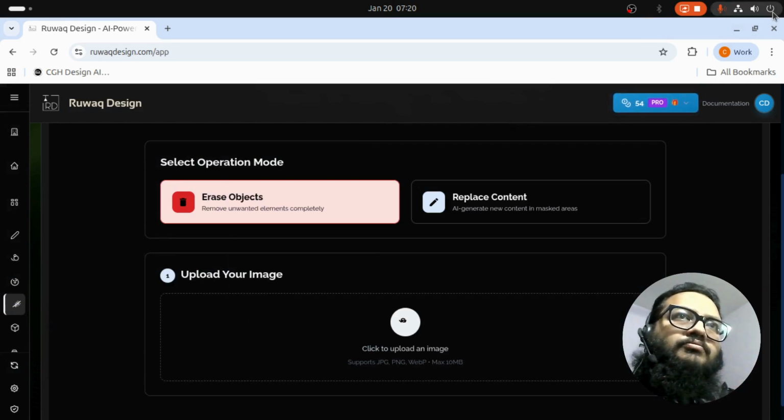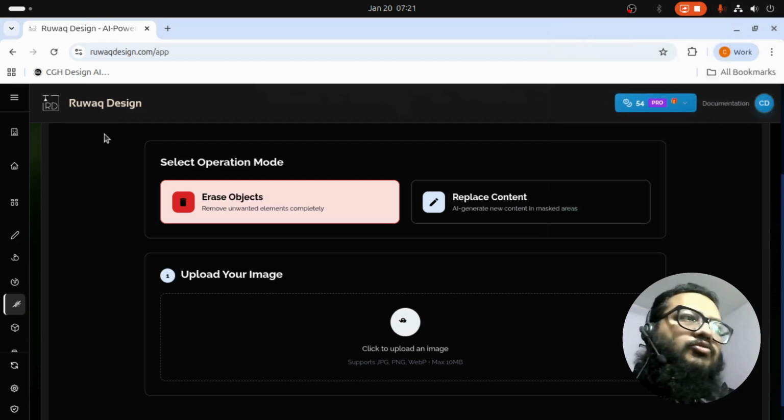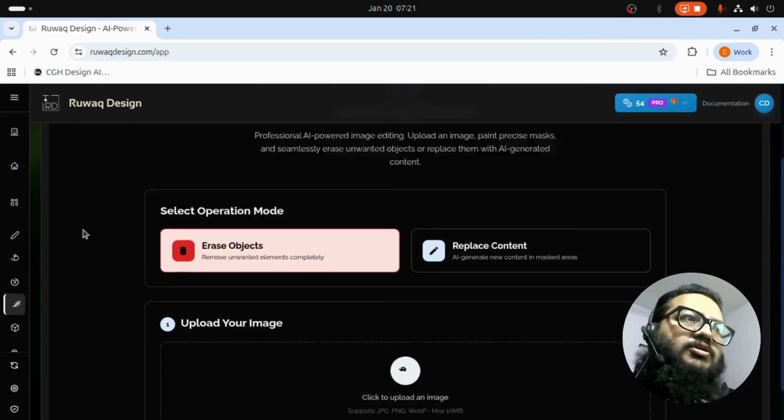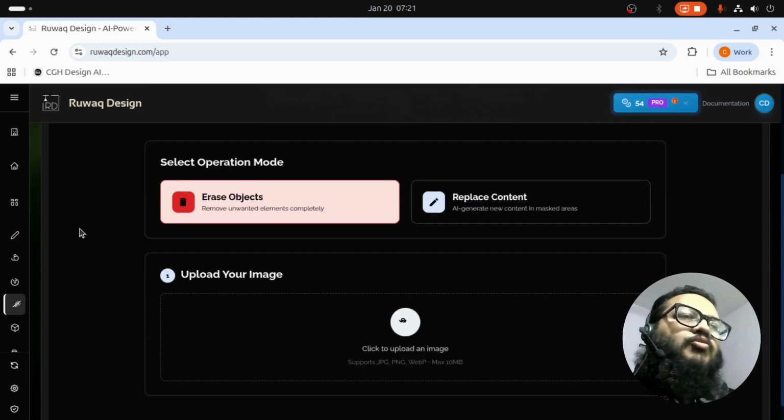In this video today, we'll show you a tool from Ruwaq design, which is called Vanish and Replace. Let's see what it does. It's pretty simple. Maybe you have a ready-made room image or rendered image, but you want to quickly remove or replace something, you can do so